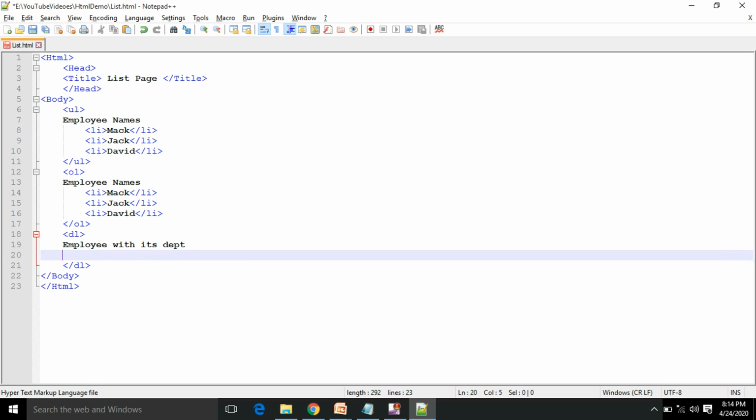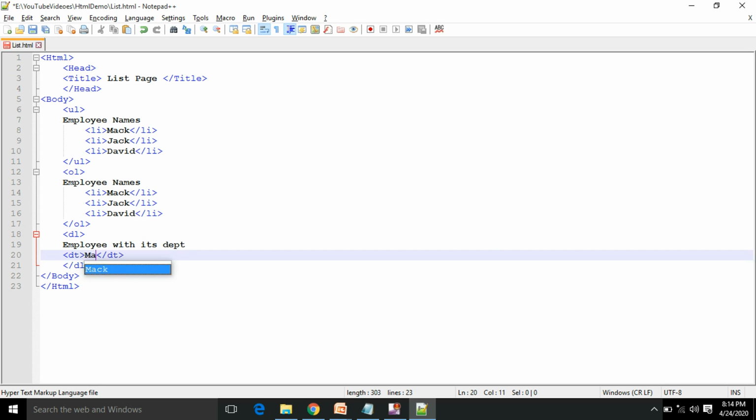So this is the name of the list. Then we have DT. DT defines definition terms. That means the keyword, the word about which we are going to define. And then DD. Let's see how to use it.